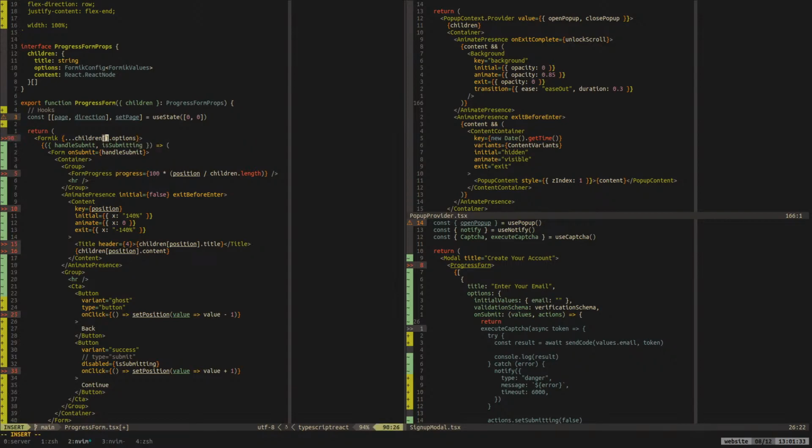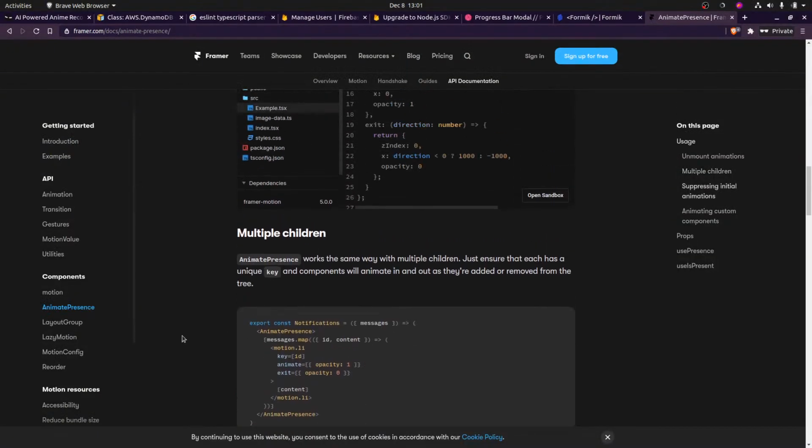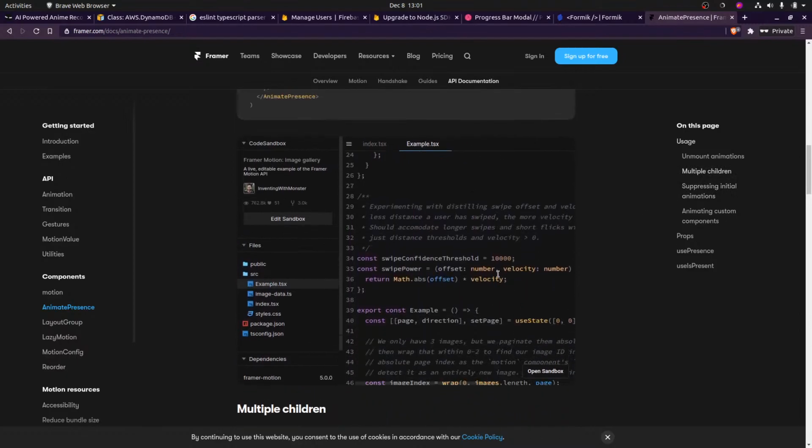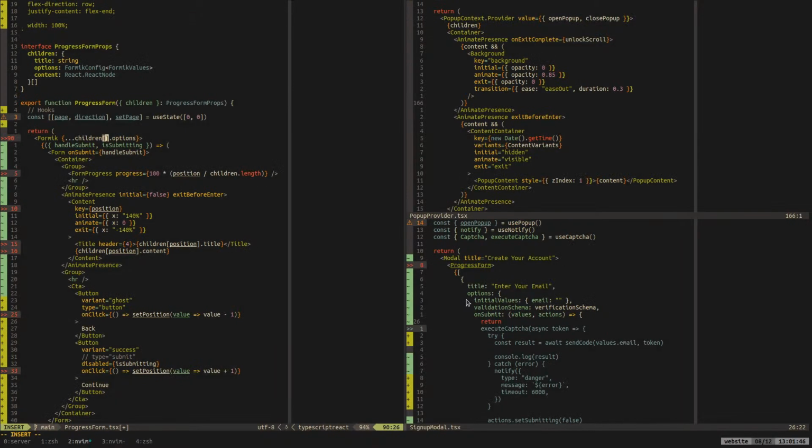Oh, that's interesting. I guess these could be seen as pages, even though they're more like steps actually. So I like calling them steps more, I think. Step. Yeah, like step.